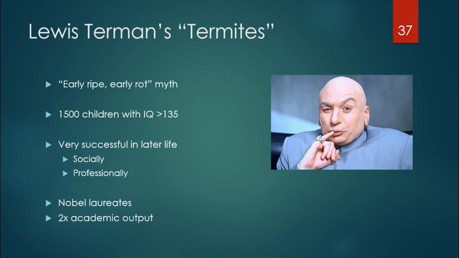Many of these termites in this study went on to become Nobel laureates. They went on to become successful academics. They had twice the academic output as the general population. So it kind of put to rest this idea of early to ripe, early to rot. And that's a good reason why you've probably never even heard of that myth today, the myth that children who are bright will be failures as